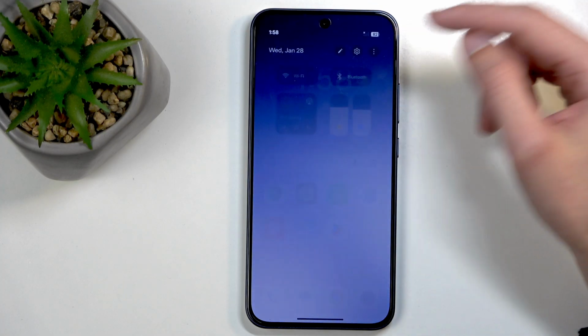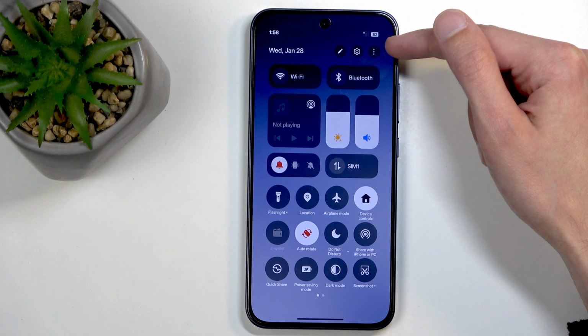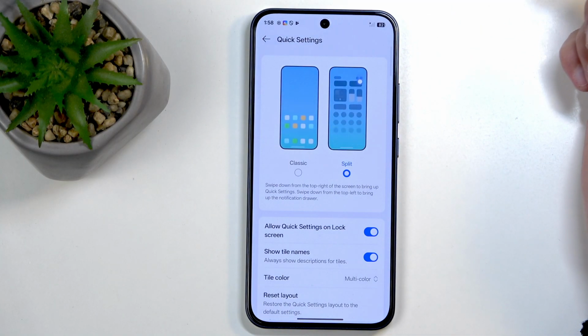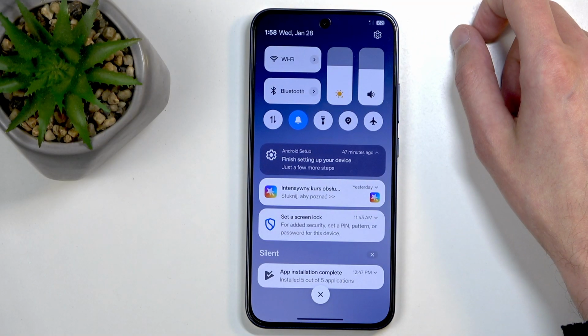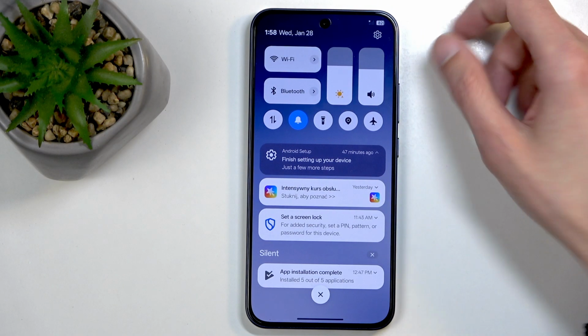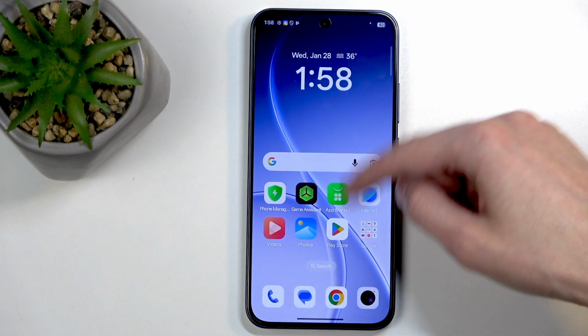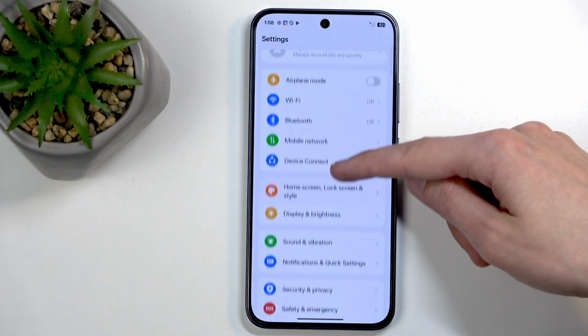So if we swipe down on the right side, here you can click on the three dots, select customize quick settings, and you can select classic here, which now combines both of these panels back into one. And while we're talking about this, what we can do is go into the settings. We can navigate to